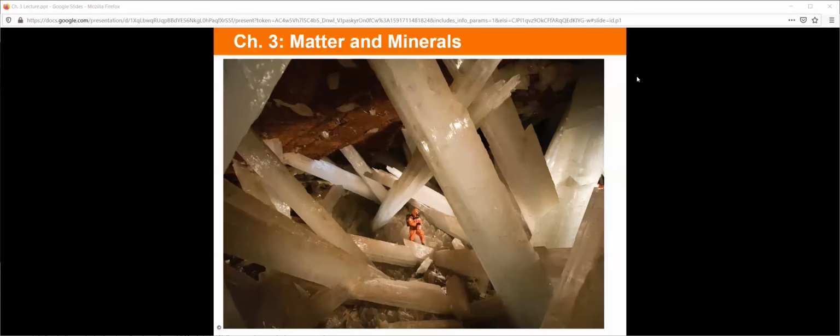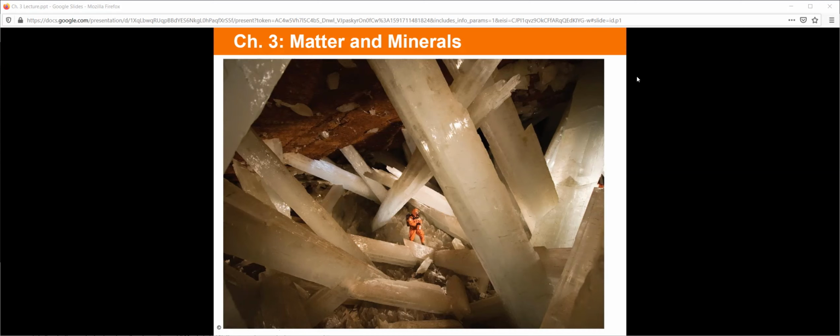All right, we're going to start chapter 3, Matter and Minerals. This is actually two different slideshows. A slideshow covering matter and minerals in a broad sense, and then a slideshow covering matter and minerals in a specific sense. The second slideshow technically would go along with the lab that we do in class. However, this is online. We don't have an in-class lab. I'll offer something different at the end of this. I'll probably do that after recording as well.